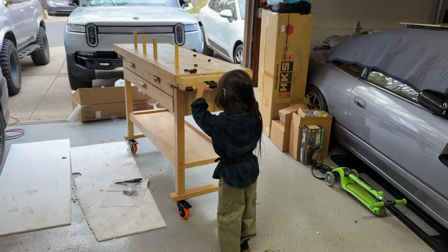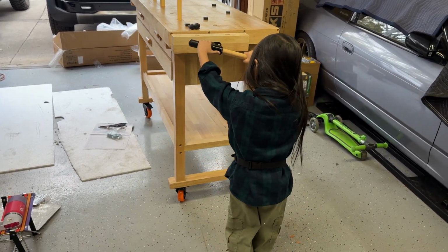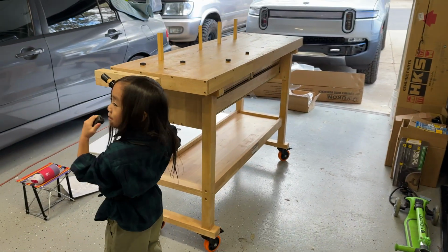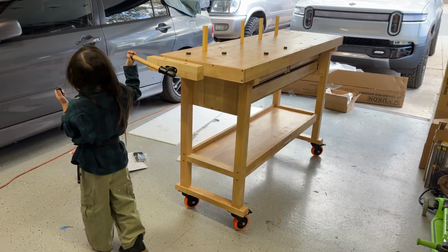Shopping cart. Yep, it's easy to pull and